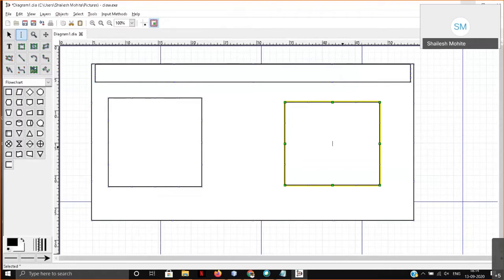Then you will understand how many squares and how many types of these entire blocks we are going to take, and how much content is going to fit in each block.